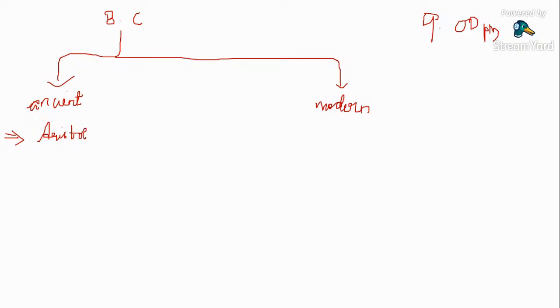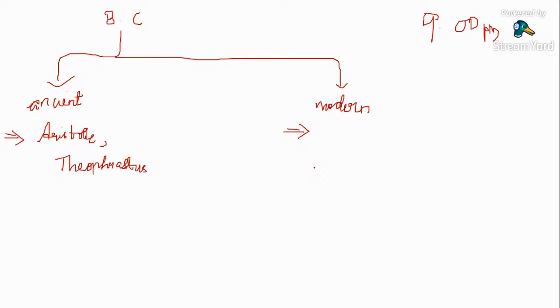Guys, are you getting this? No one is commenting. Aristotle and Theophrastus gave the ancient system of classification. Yes, Abhijit Kumar. Binaya, Lucifer, Ranjit, oh, all of you are here.